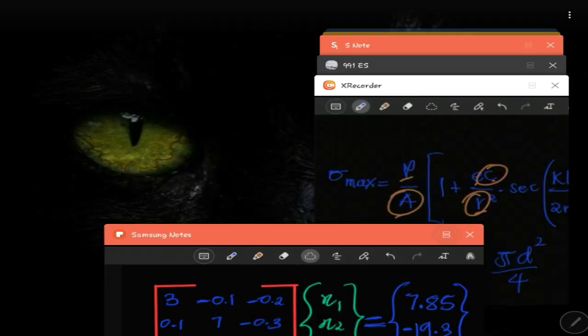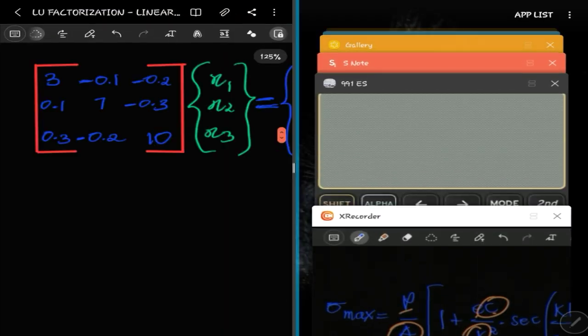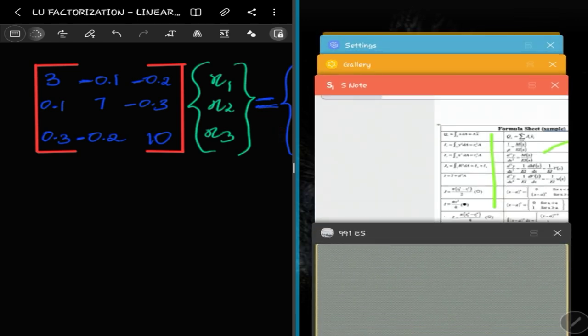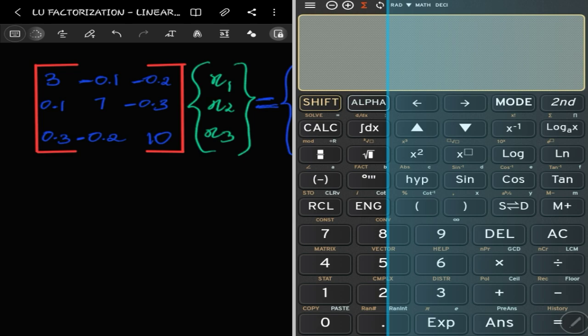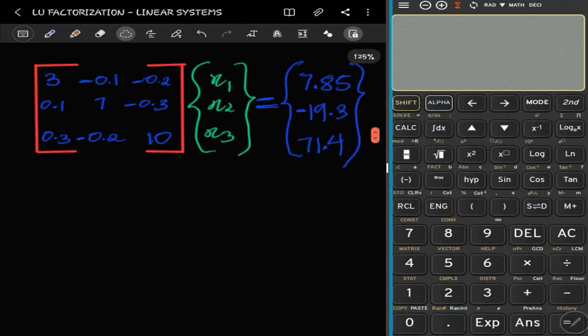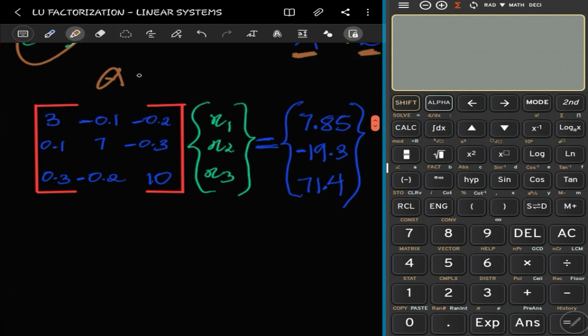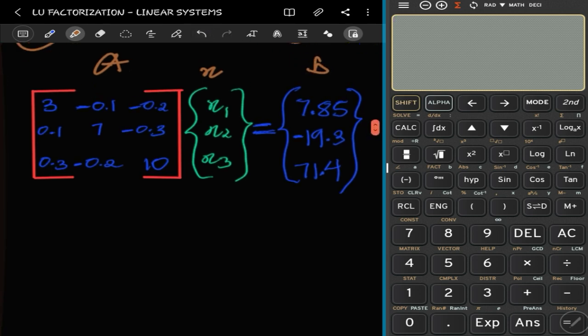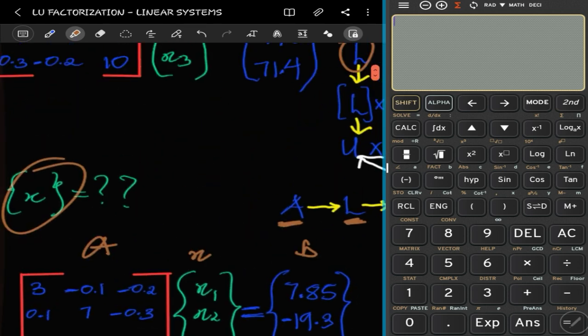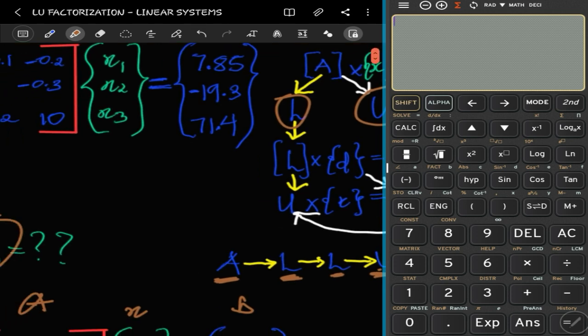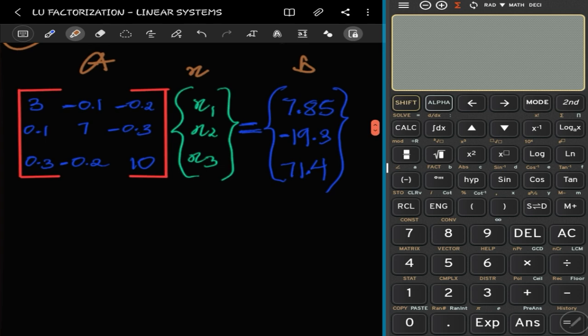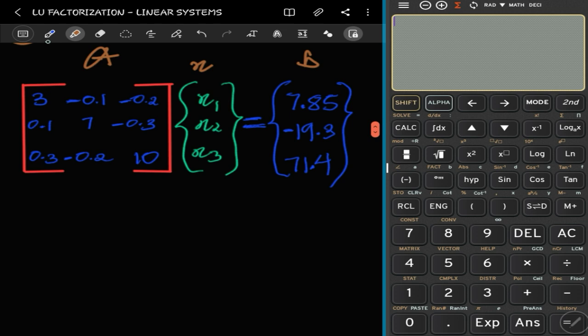Because we are using a calculator, it will make our work easier. All right. So we've identified that this is our A, this is our X, and this is our B. So this is what we do. The first step, as you see, now we are following the white arrow, is that we get the lower triangle matrix from the A. So to do that,